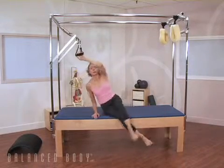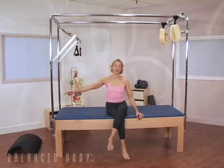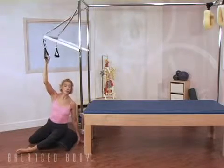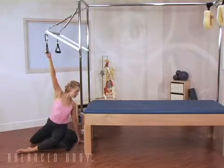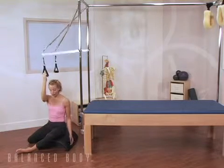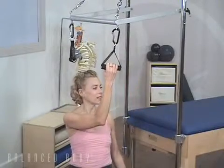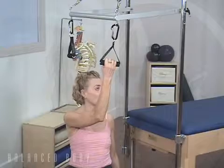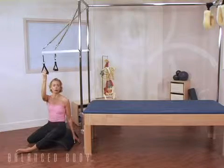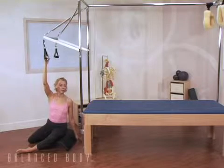Now that similar movement theme shows up in another movement seated at the end of the table. Continuing the sequence of movements around the trapeze table, movement sequences that are inspired by Feldenkrais awareness through movement lessons. Here you are seated at the end of the table with the carabiners and the handles attached to the end of the trapeze bar. This bar has sufficient spring so it will pull up and rotate the pelvis, rotate the